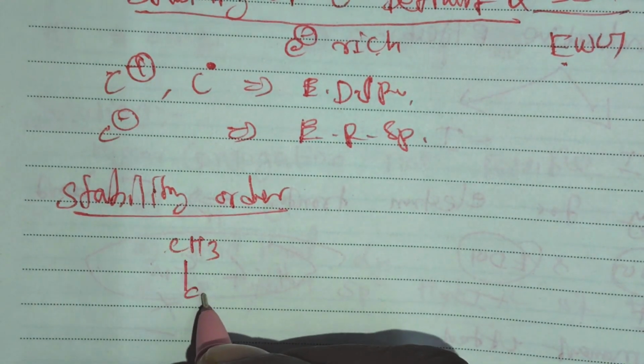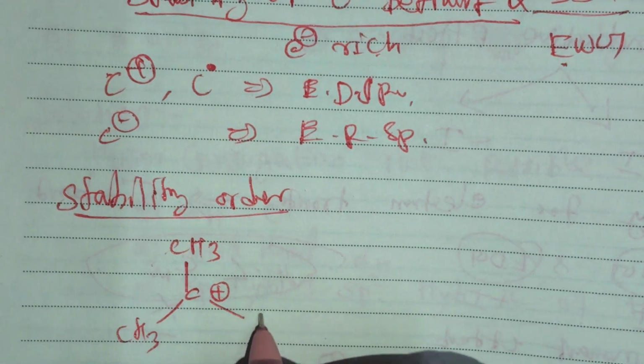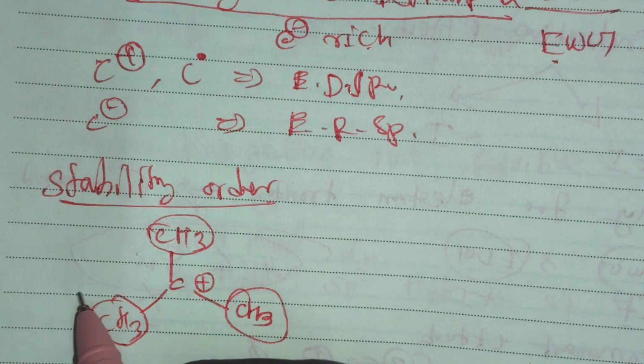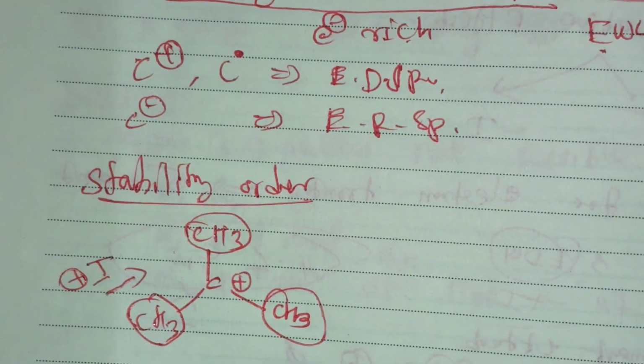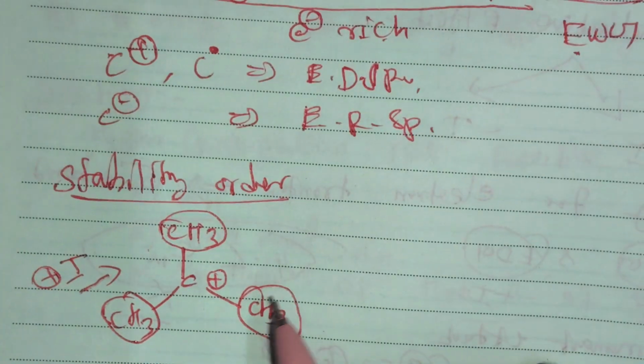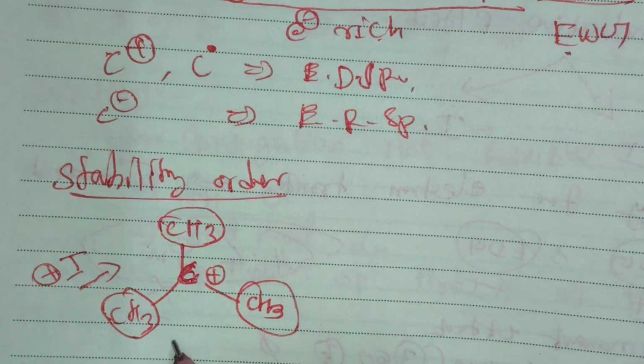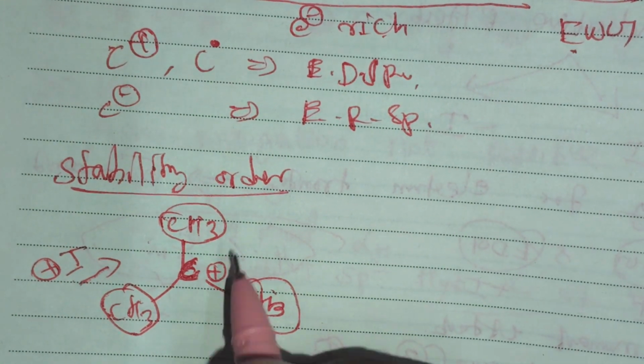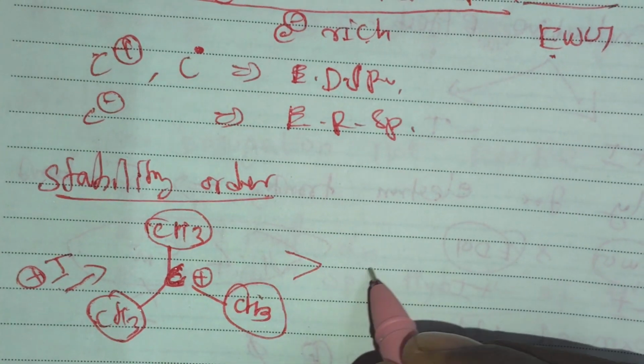C plus CH3, CH3. Here, each methyl group behaves with a plus I effect. Plus I means an electron donating group. For that reason, this electron deficient carbon is compensated by electron donation from the three methyl groups through the plus I effect. So that's why a tertiary carbocation is more stable compared to a